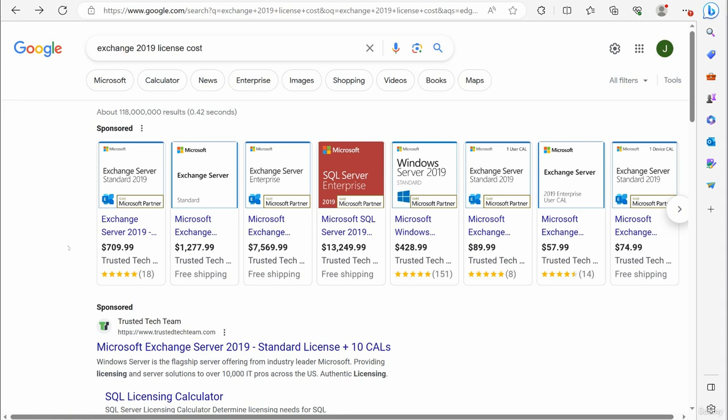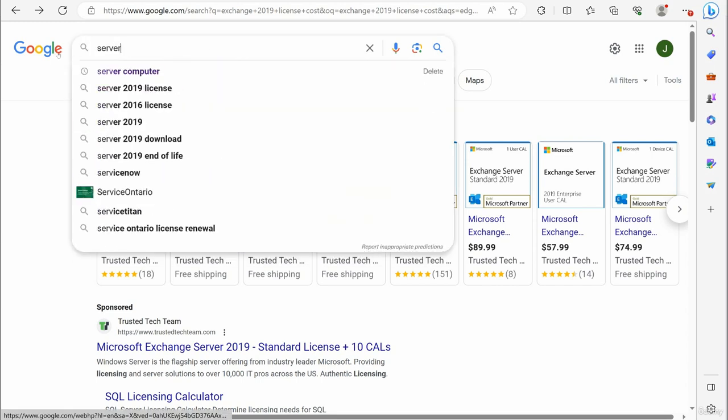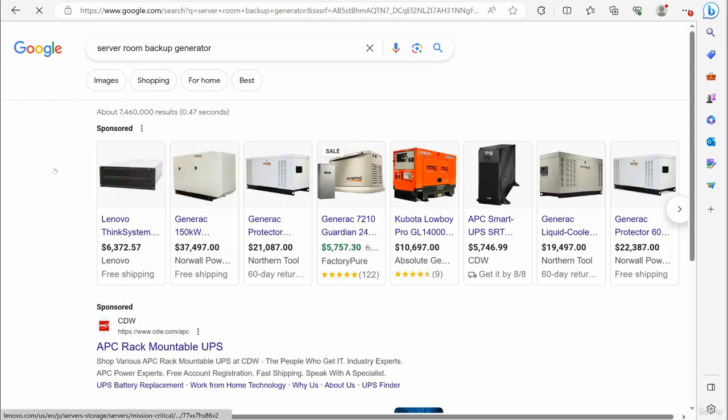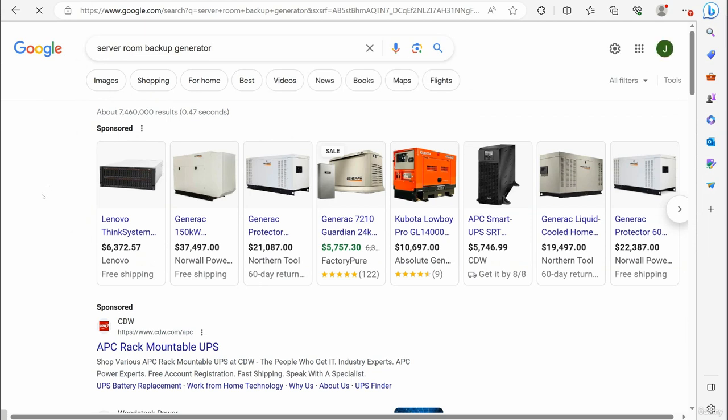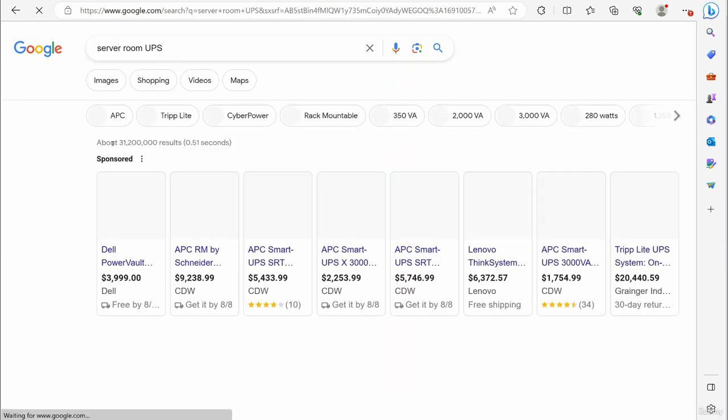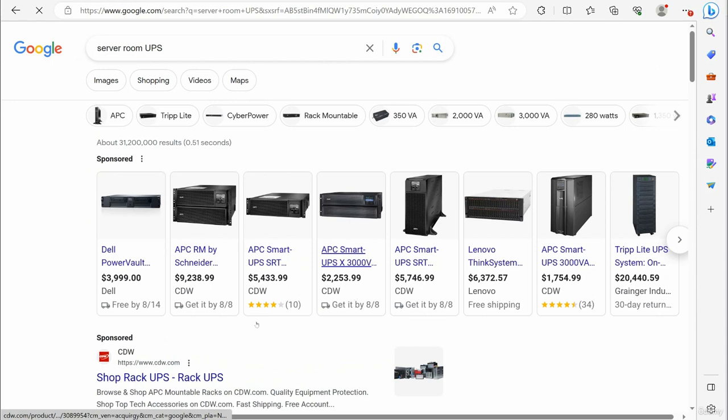Now take all of that and think about, okay, you have to have space in a building somewhere. You have to pay for the electricity. You have to pay for the cooling, because you have to have air conditioning. You have to have the air conditioning systems. And if you're really hardcore, you need to have a server room backup generator. Okay, so you're going to have to purchase that if you're hardcore and you want to be able to handle redundancy issues. You're going to have server room UPS, uninterruptible power supplies, to keep the equipment up,